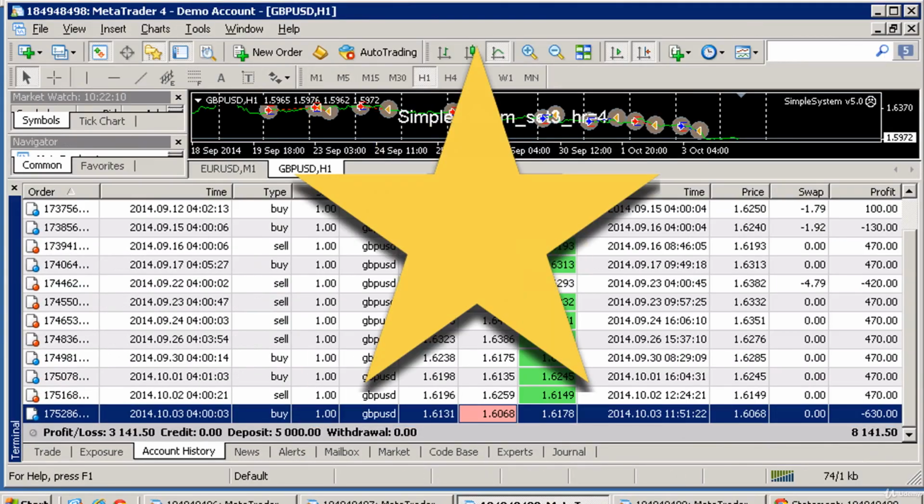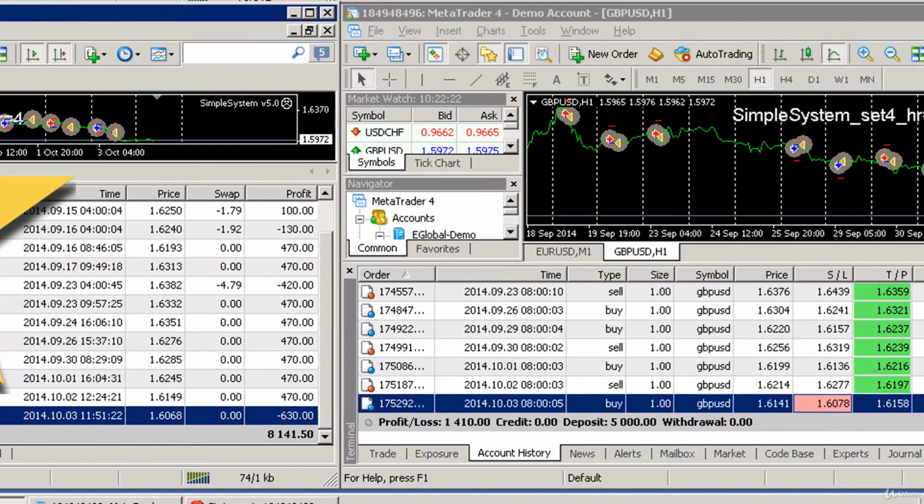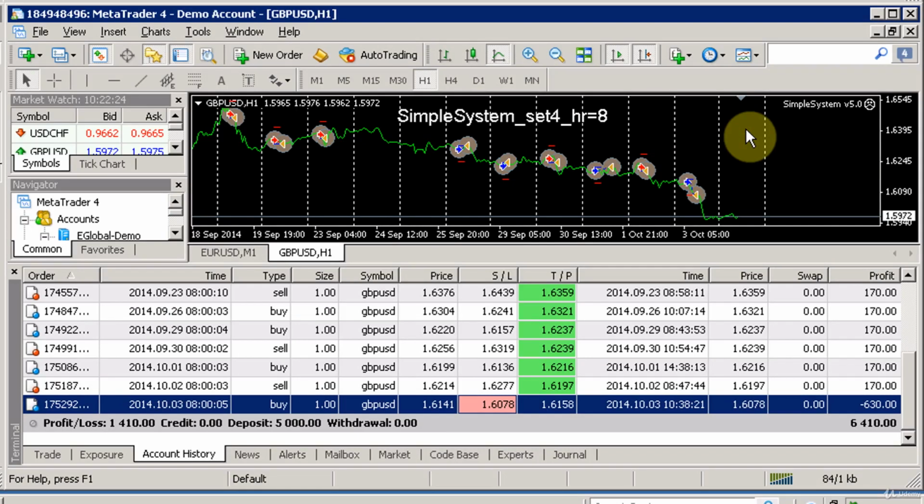And I remind you that it's 4 weeks because that means we've got a substantial number of trades to have significant results that we can consider. And finally, moving on to simple system set 4. Here we've got another incredible set where